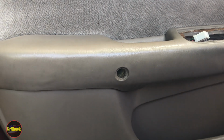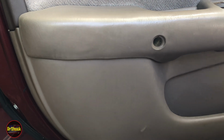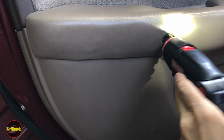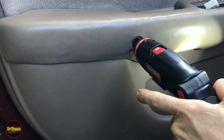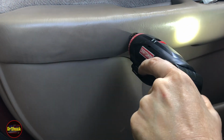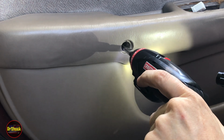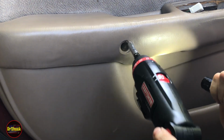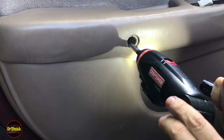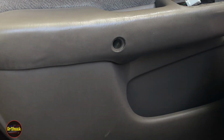Well, I've got to get down here and see. Move this camera out of the way for a moment. It's a really long screw. And I think we've got it, but it's just kind of stuck in there. So I'm going to have to get a magnet to get it out. The other one, I believe,